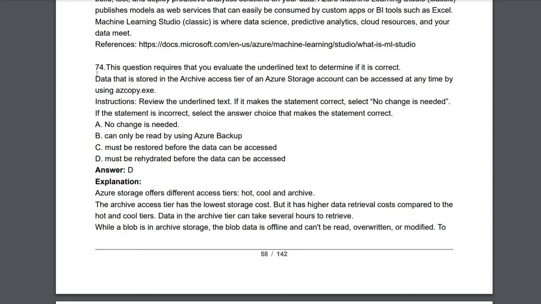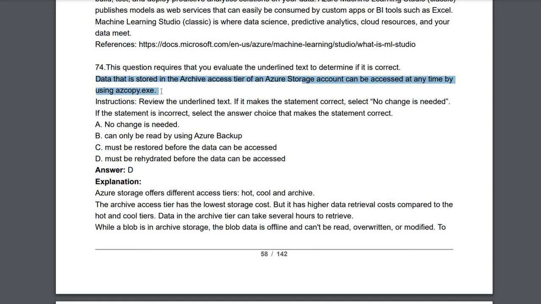So next question, they have given a statement. If the statement is true, no change is required. Otherwise, you have to give the correct statement. They say data stored in the archive tier of an Azure storage account can be accessed at any time using AzCopy.exe. No, you can't access archive tier storage data at any time. It should be in the hot or cool tiers. You have three different tiers: hot, cool, and archive. The archive tier has the lowest storage cost.